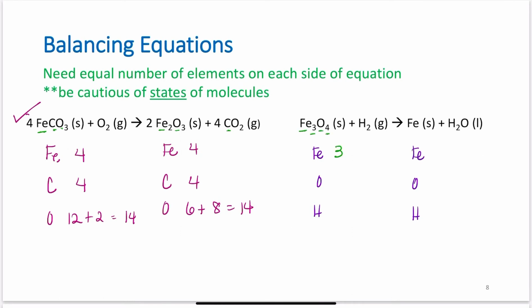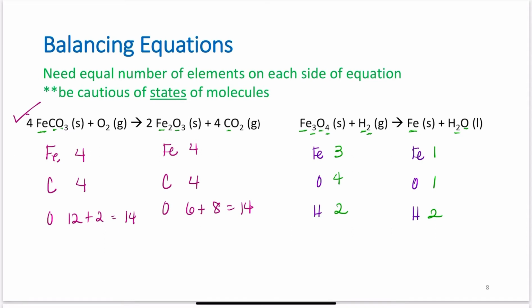Oxygen, we've got 4 of them. And hydrogen, we've got 2 of them. On the other side, iron, I've got 1 of them. Hydrogen, I've got 2 of them. Oxygen, I have 1 of them. How can I go about balancing this so that it actually balances and we have the same number of elements